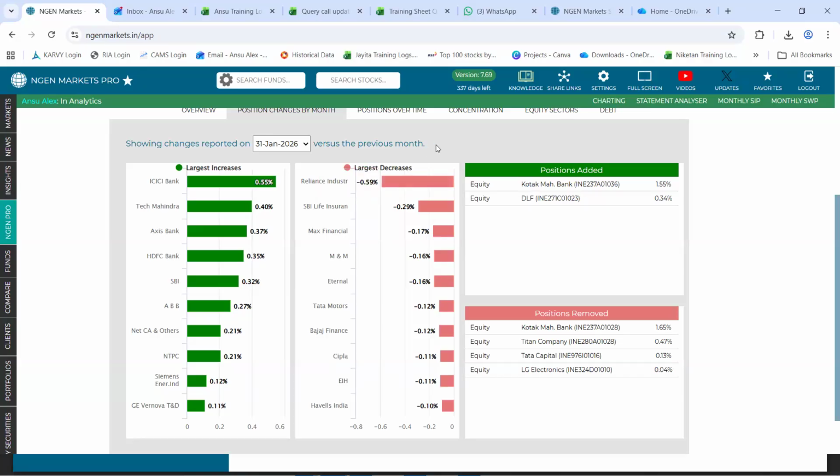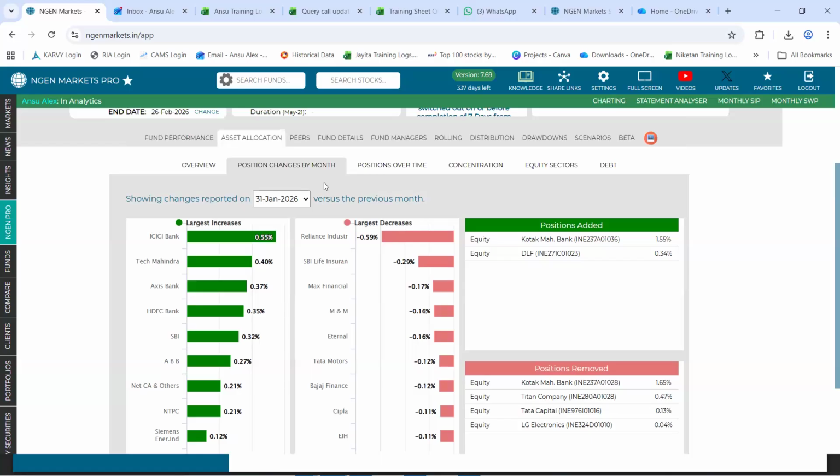Following that, two new equity positions have been added, which are Kotak Mahindra Bank and DLF. And there are four equity positions that have been removed from the fund's portfolio. Now, this comparison we are viewing for the month of Jan 2026 compared to December 2025. You can also view this for a period of 12 months in history.